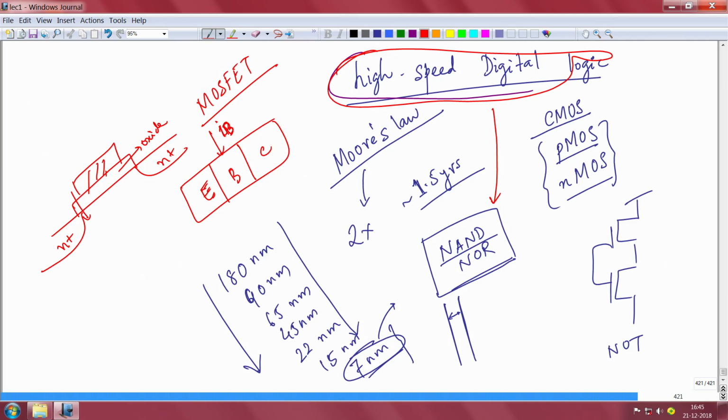That is why people prefer it, and also the ease of fabrication and scalability is better here. You can have a large density of devices in CMOS, and that is why CMOS is preferred for high speed digital logic, and you want to make the device faster. So essentially the high speed digital logic consists of